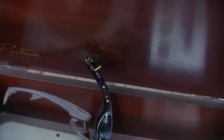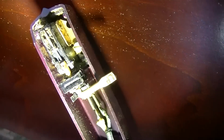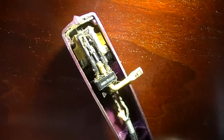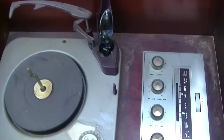And this cartridge is just stone dead. Sure, because this uses a 12AX7 preamp, you could probably put the Crosley cartridge in here, the BAMF or whatever it is, and it would work just fine. It would not take much to restore this gramophone,